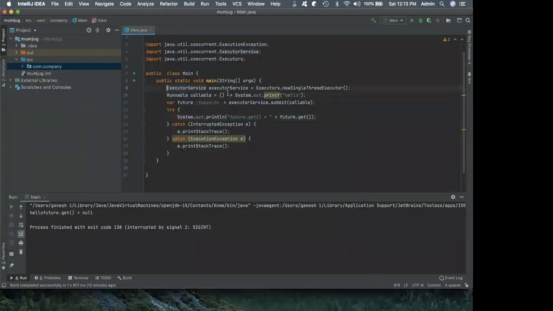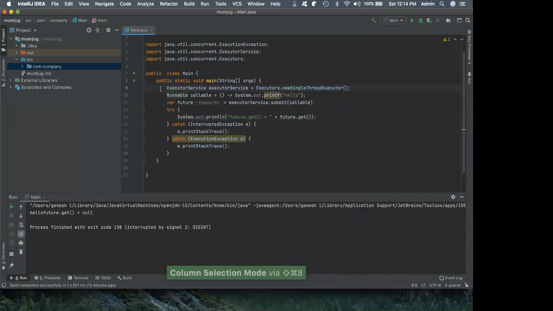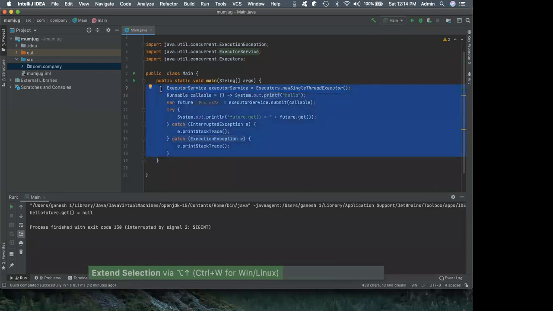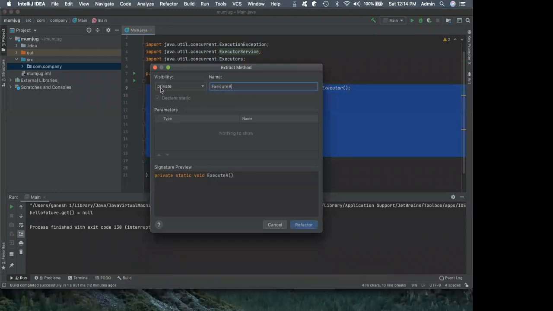Let us say I want to extract this into a method. Still column selection mode. Yeah. Okay. So let us actually extract this into a method, right? So what I do is opt command M, and I'll be able to extract this. So execute as a callable.